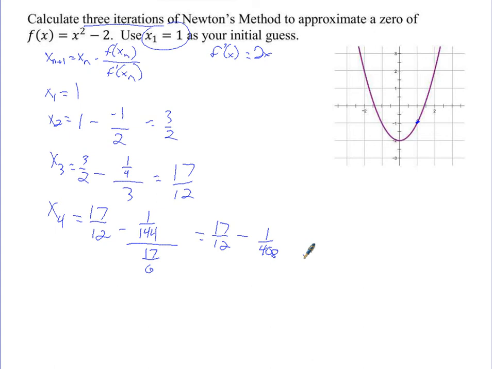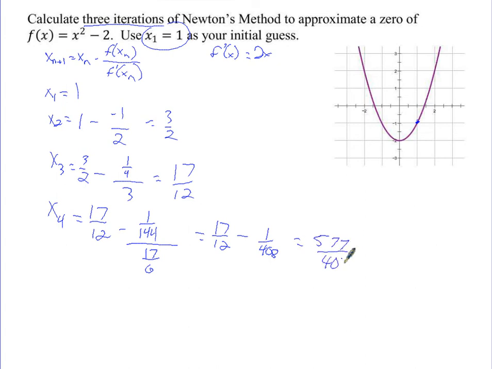Common denominator. Does 12 go into 408? 34 times. So it does. So we have 34 times 17 minus 1, 577